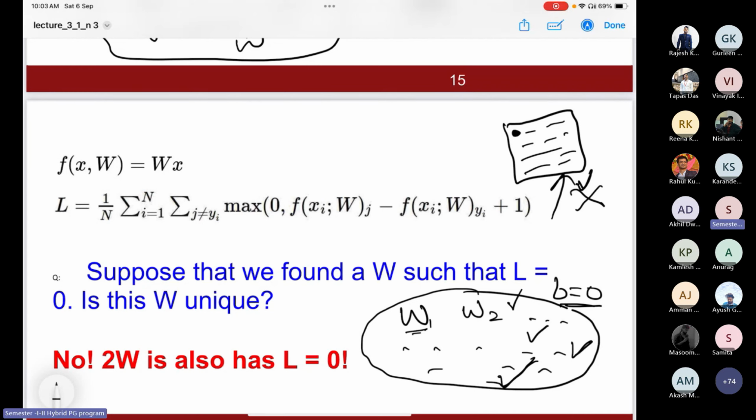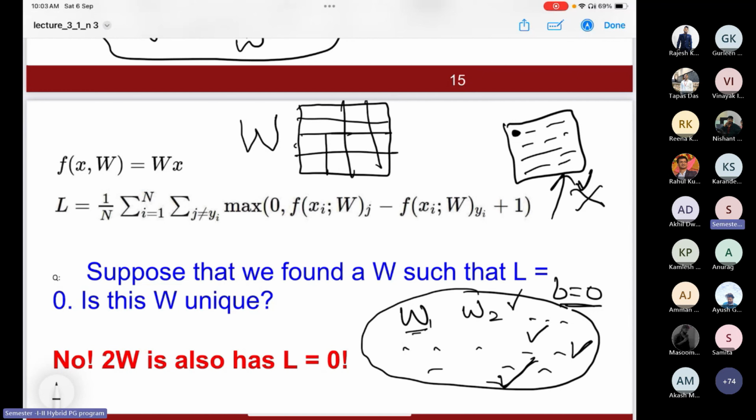Okay, so let us choose the maximum one. This is the matrix, and I know that if I choose the maximum W, then it will be having all the values very large. Now what will happen? During training, everything is good because your loss is zero. Now you are happy. But while testing,